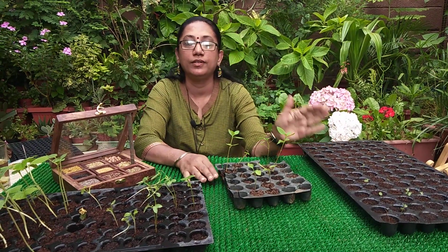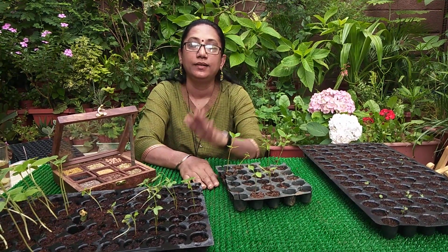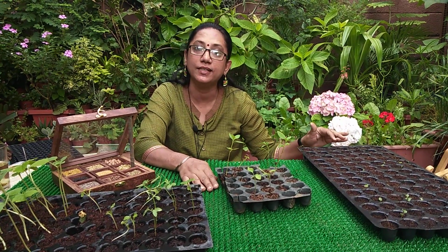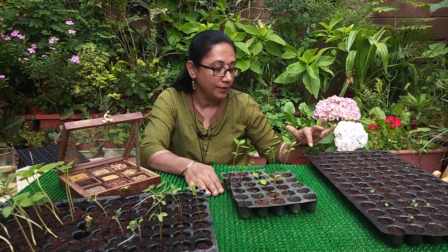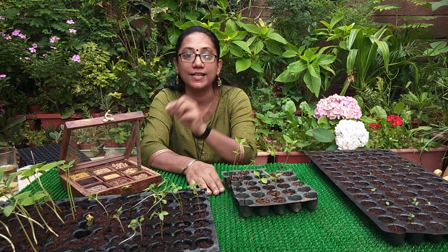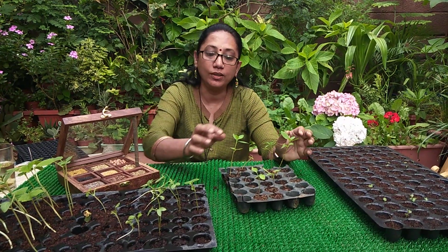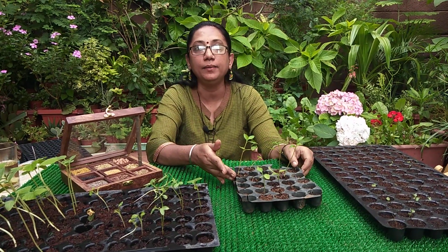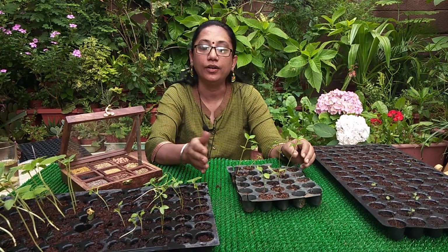So make sure, check the seeds' viability depending on their size. The depth at which you sow the seeds depends on the size of the seed. Then watering, you have to be very careful. Initial stages, it has to be in a shady area, then a light sunny place, and then a fully sunny area. And once all the 4 sets of leaves are developed, that is the right time to transplant your sapling